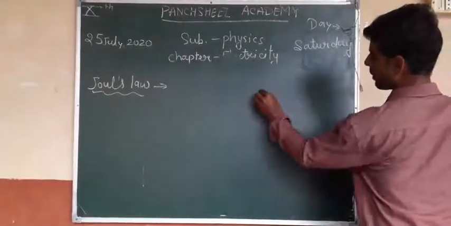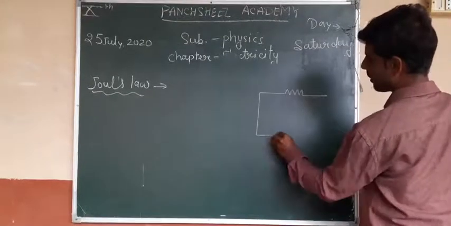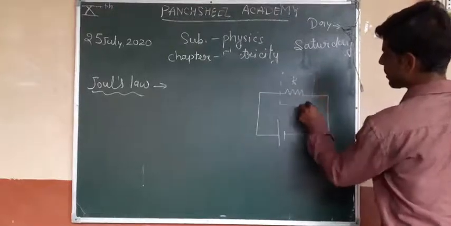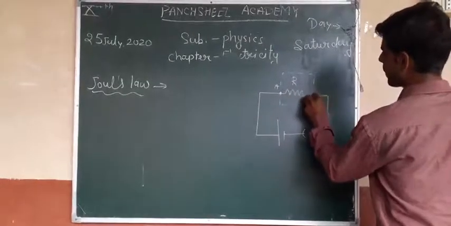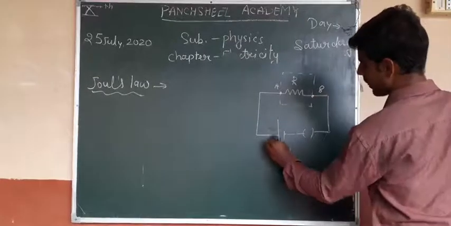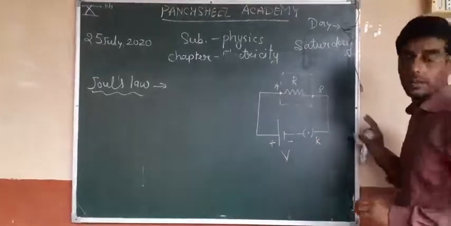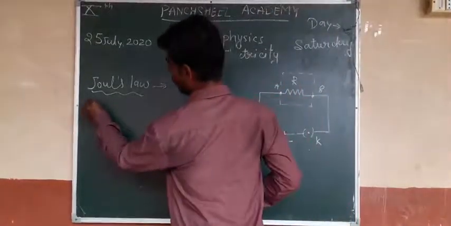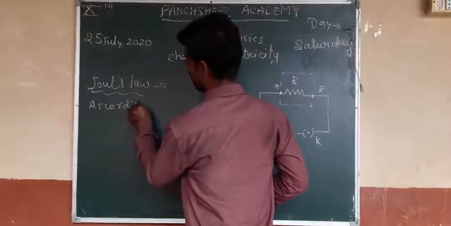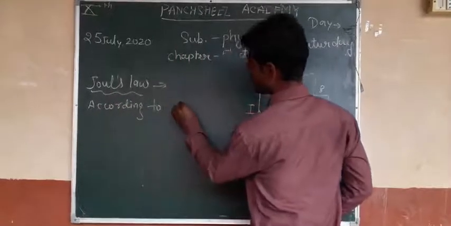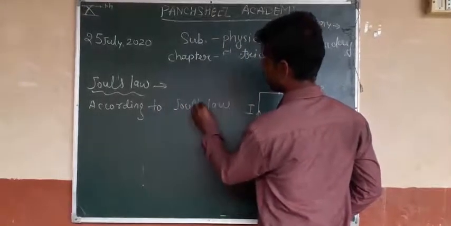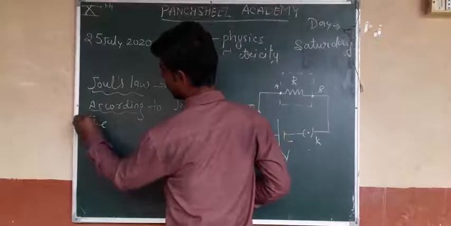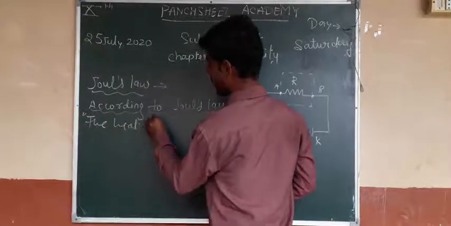For Joule's law, first you make a diagram like this: a conductor AB having resistance R, and a battery or cell having potential V, and the current is I. So according to Joule's law, the heat developed